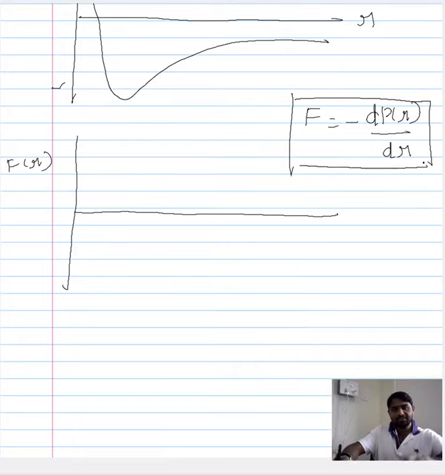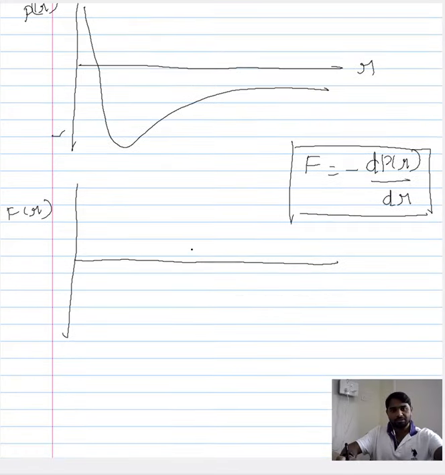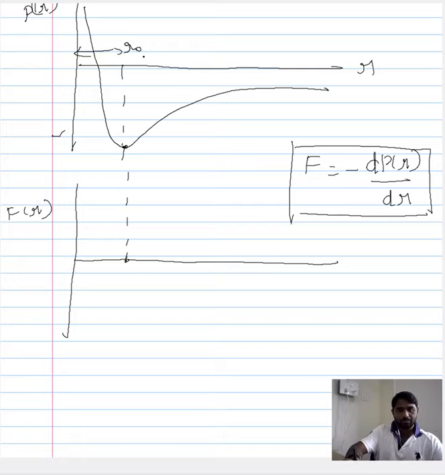Mathematically, this is nothing but the slope of this asymmetric curve. We have a curve, and the slope of this curve is nothing but the force experienced by the atoms. Now this is the absolute minimum of the interaction potential, so the slope in this region is equal to 0. That is fairly easy for us to plot. Since this is our equilibrium position R0, at R0 the force experienced by the atoms when they are separated by the equilibrium distance is 0.